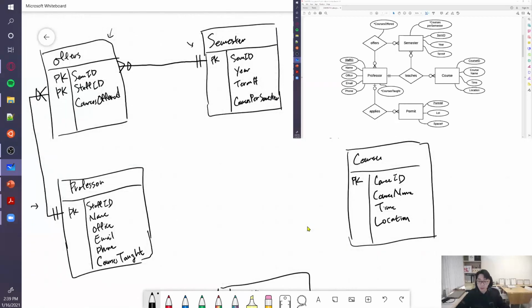And the next one is the teach relationship. The teach relationship is a ternary relationship, and the maximum cardinality is one, many, many. So there are more than one many cardinality, so we can consider this as a many-to-many relationship. That means that we have to create an assignment table for this teach relationship. So we make a table here for